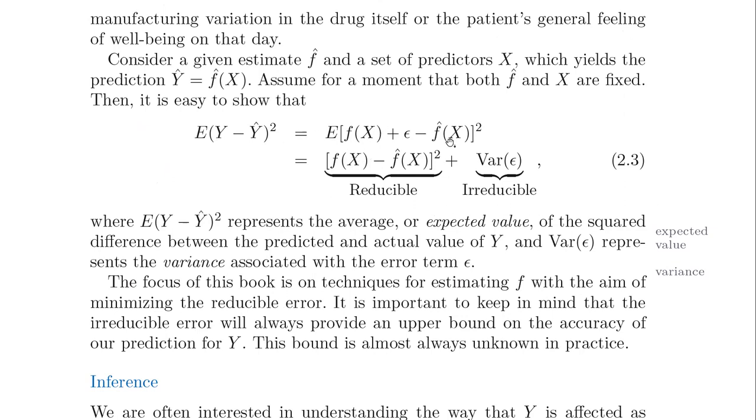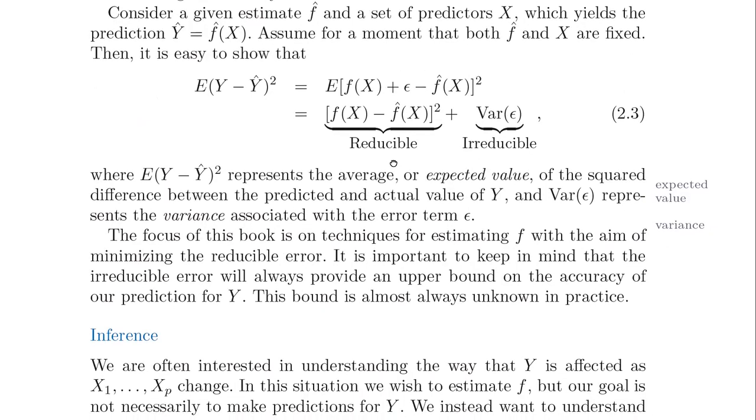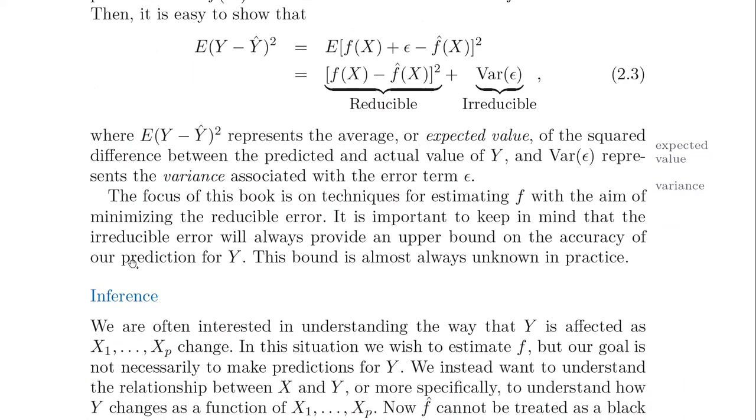Now, I don't want to get lost in the mathematical details, not in today's session. We will read it. Consider a given estimate, f hat, and a set of predictors x, which yields the prediction y hat is equal to f hat of x. Assume for a moment that both f hat and x are fixed. It is easy to show that